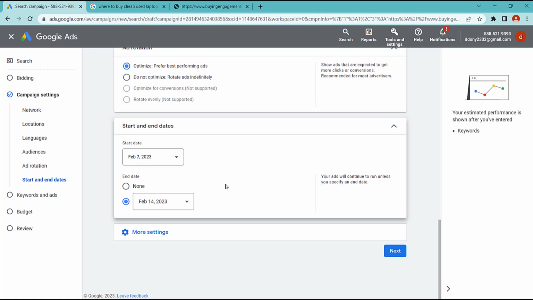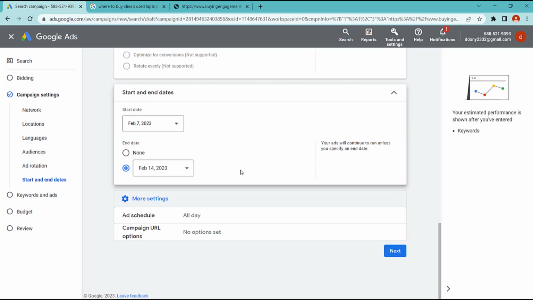So if you use the start and end date, if your ads finish on February 4th, Google cannot charge your credit card for your ads. And you can add your schedule in here.